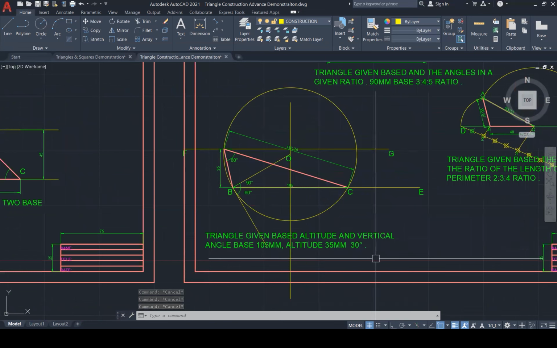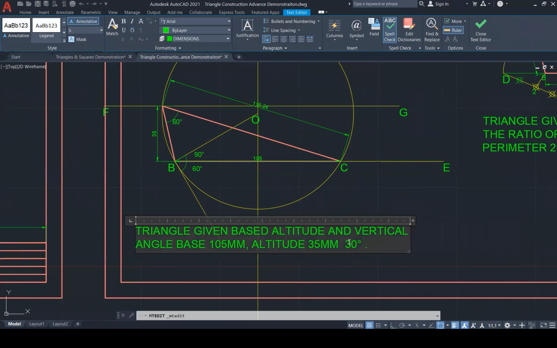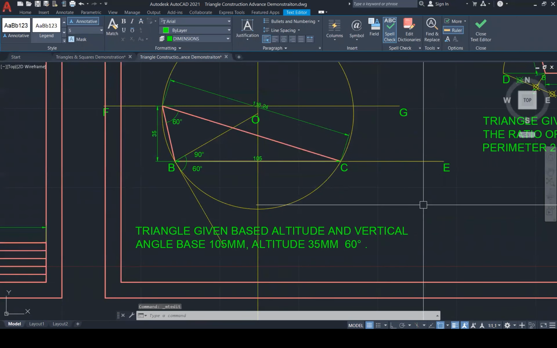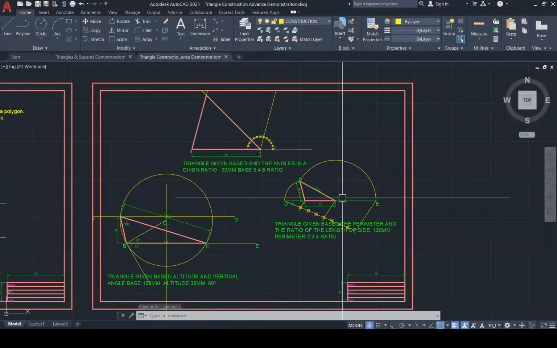The third one we did was a triangle given the base, altitude, and vertical angles. Base was 105 mil, and the altitude was 35 mil, and the angle was 30 degrees. No, this angle wasn't 30 degrees, it was 60 degrees. Let's just correct this now. 60 degrees. This one over here,